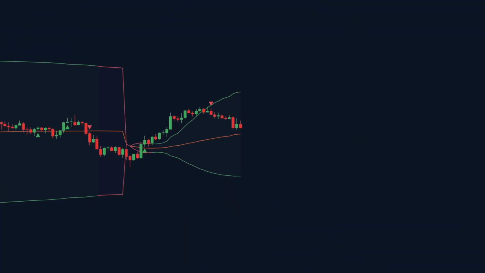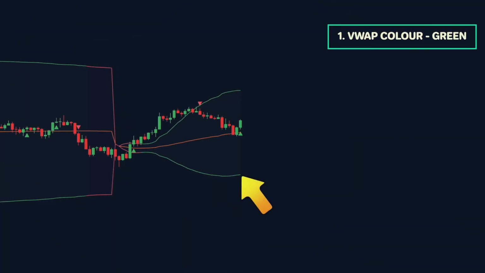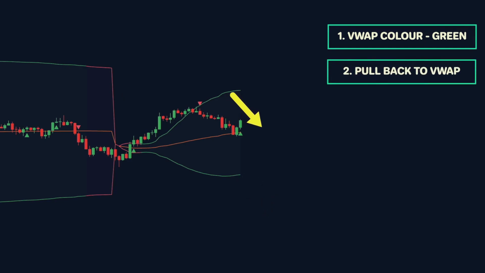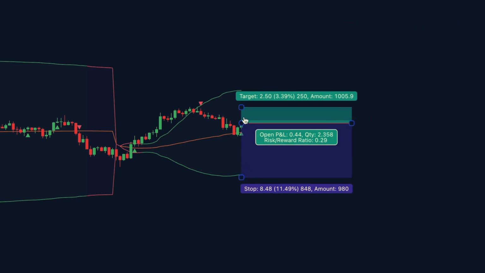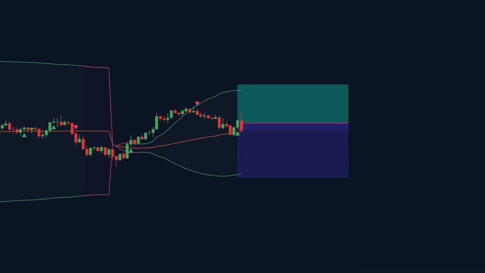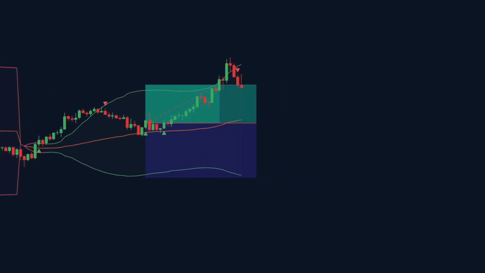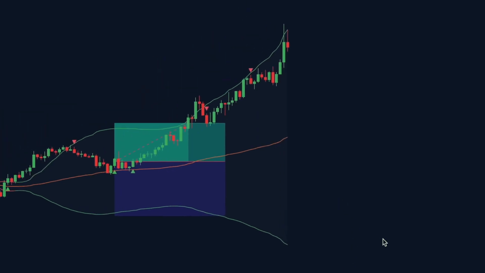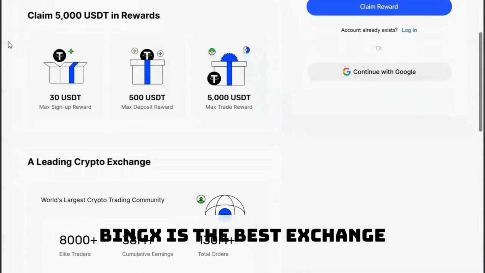One of the strategies you can test is the following. To initiate a long trade, first check if the VWAP color is green. The second rule is to confirm a pullback to the basis line. The final confirmation will be a green triangle below the candle bar. I recommend placing the stop loss at the lower VWAP band. The initial take profit target could be set at the upper band. This strategy is designed for long trades only. Test it out in different time frames and markets. The best time frames are 5, 15, 30